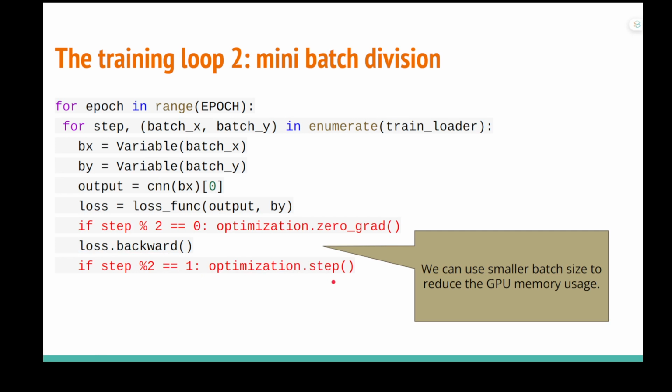So in this way, we can increase the batch size but only use half of the GPU memory to store those gradient data. For example, if you have only 8 GB of GPU memory but you want to increase the batch size to get better performance, but you don't have enough GPU memory, in this case you can consider implementing it this way to decrease the required GPU memory, but you can still get the bigger batch size for better performance.